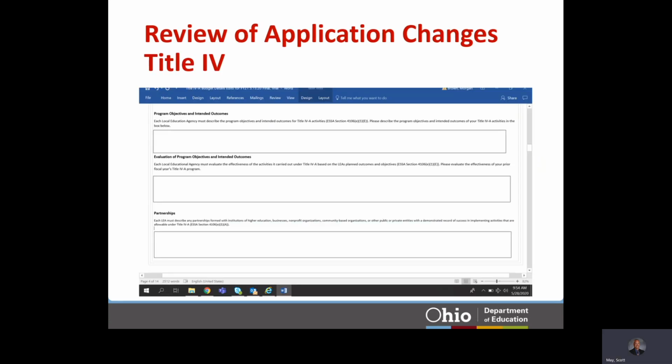The 3 text boxes have been added to the Title IVA budget details page. Planning section. 1. ESSA requires LEAs to report to the SEA on their Title IV program objectives and intended outcomes. We ask the district to describe the program objectives and intended outcomes in the first box. 2. In addition, ESSA requires LEAs to evaluate the effectiveness of programs and activities carried out under Title IVA. We ask the districts to now report on the effectiveness of the prior year's Title IVA program in the second